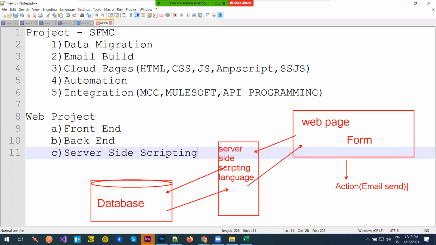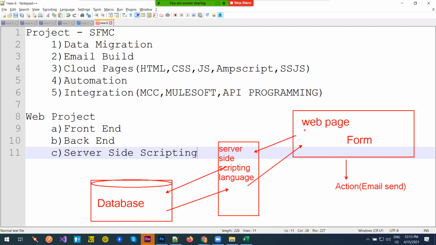This is where Salesforce Marketing Cloud comes into the picture. To send the email based on the actions, or it might be the case that the client wants to send a promotional email with 50% off, 10% off. So that is a basic layer. You might fit in somewhere here in database or server-side language or web page.